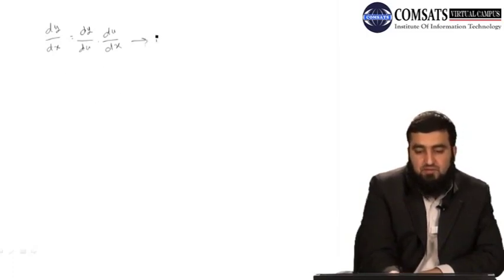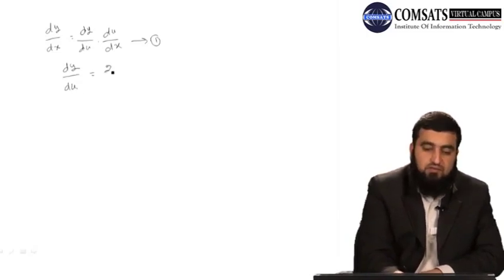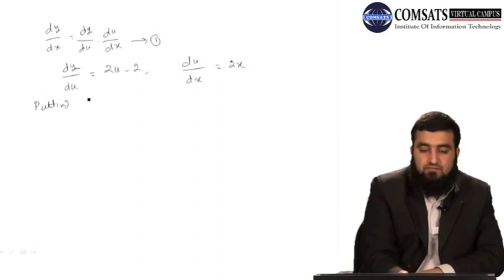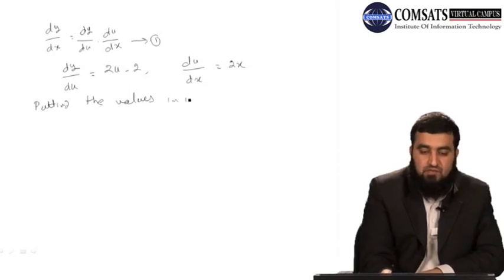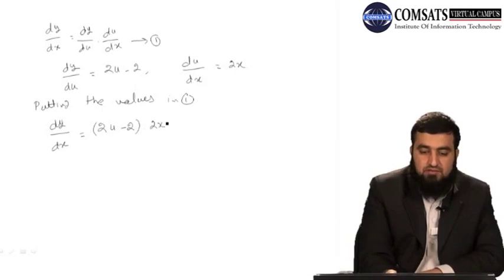So we call this equation number 1. From the last slides we know that dy by du is 2u minus 2, and we also know that du by dx is equal to 2x. So putting the values in 1,